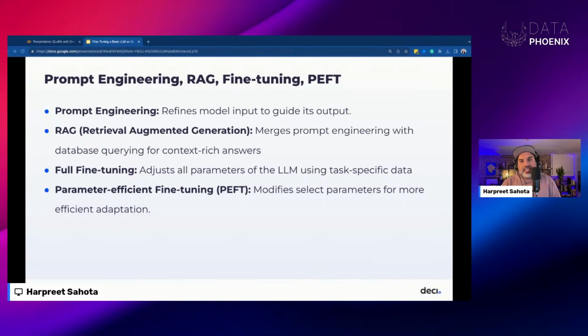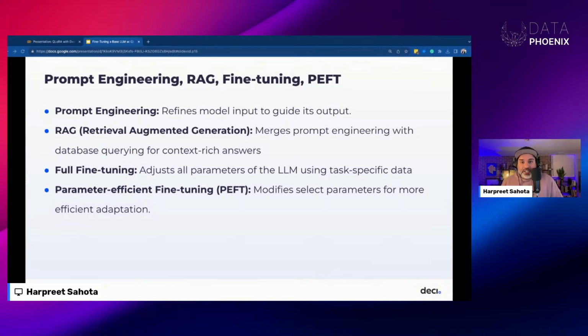So prompt engineering is a method that focuses on crafting and refining the input given to the model, and we're carefully designing prompts. In this way, we're guiding the LLM to produce outputs that are more aligned with our desired results. So with prompt engineering, we're not updating the model's weights or updating the model's parameters in any way, right? We're just trying to steer the model towards some desired behavior, just using the context window. This is also something known as in-context learning. You might hear it called that.